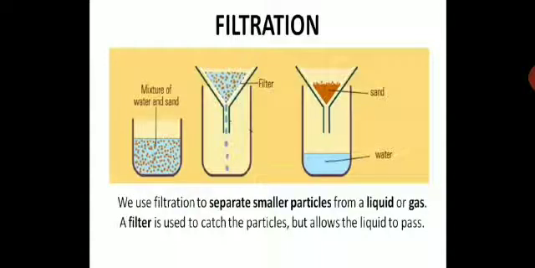We have seen filter paper and the use of filter paper, different kinds of filter paper used for separation. All that we have seen. Here you can see the diagram of filtration where you have a mixture of water and sand. You have taken a glass funnel and you have put a cone of filter paper, and then you decant the mixture into the funnel, and sand will be left behind in the filter paper. Water will be separated and you can collect it in the beaker. So this is how filtration was done, and we have seen this in a previous session.